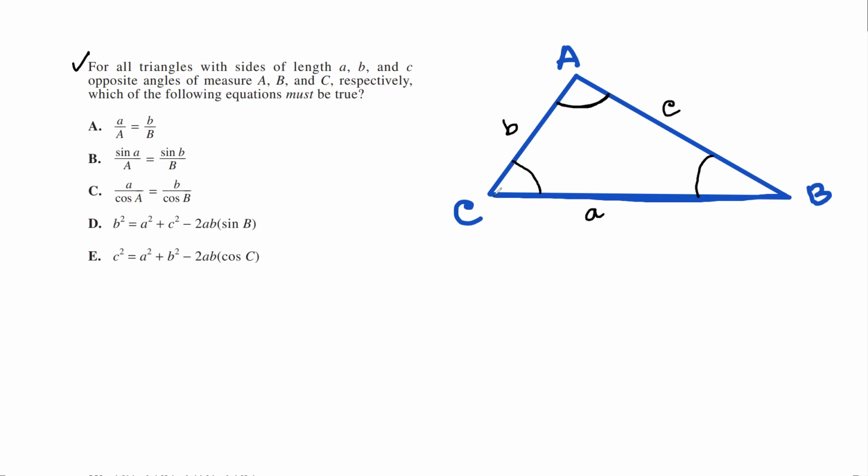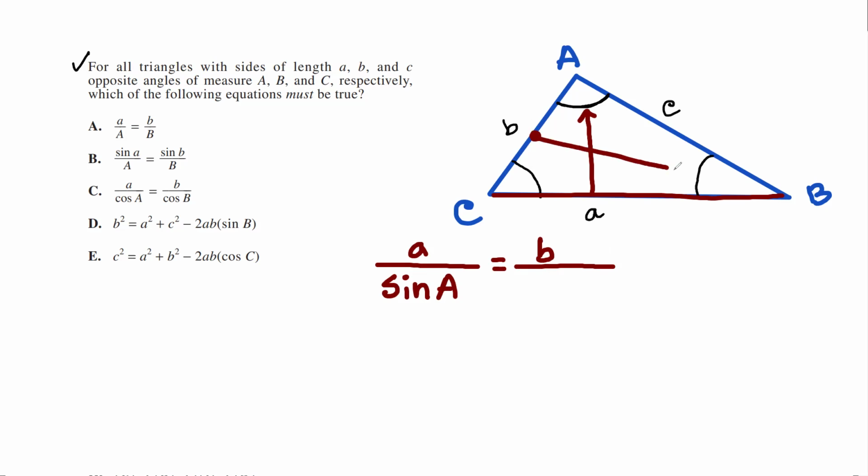So a over the sine of the opposite angle. What is the opposite angle of this side a? Uppercase A, right? Over sine of uppercase A equals b, the side length b,